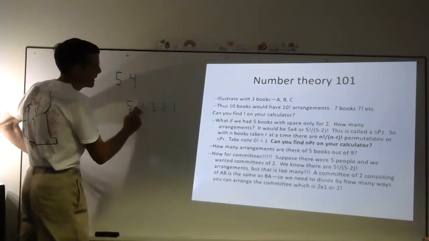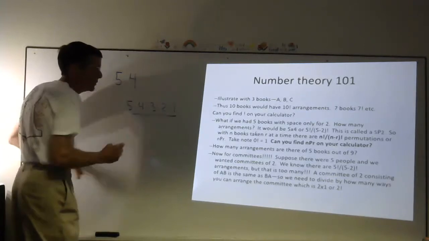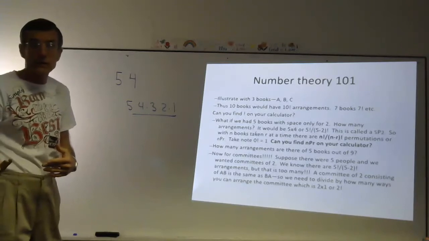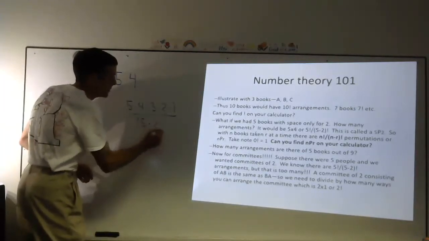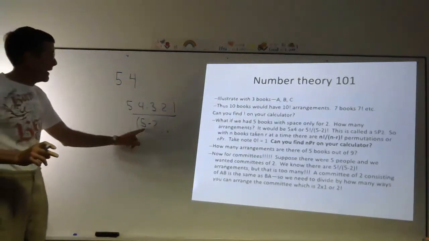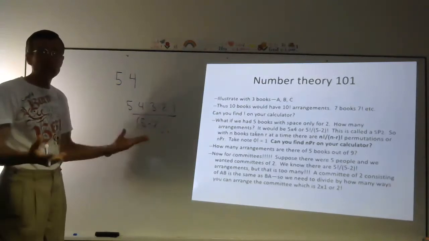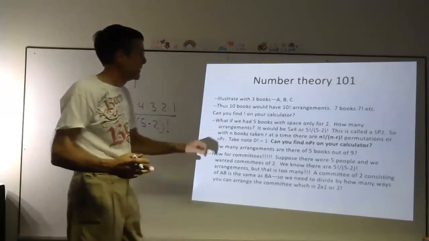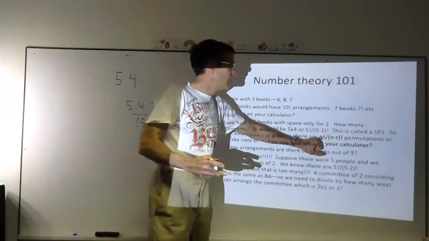If you just want 5 times 4, I have to get rid of the 3, 2, and 1. 3, 2, and 1, is it not 3 factorial, right? Which is 5 minus 2 factorial. If you do that, 5 minus 2 gives you 3 factorial, then they cancel, and you're left with 5 times 4. And that is where the formula comes from for finding the total number of arrangements, n factorial over